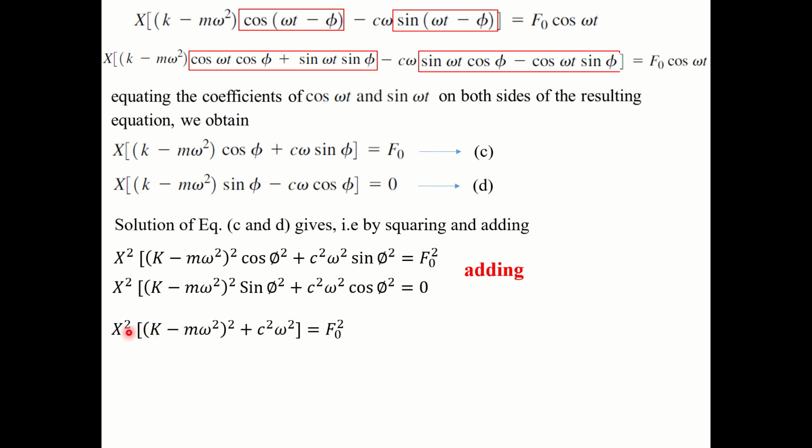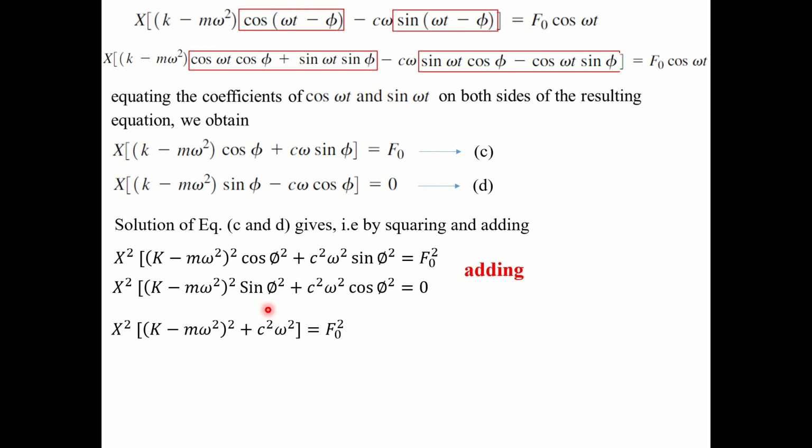Now you see, same thing with this side. This term is common, only cos square plus sin square, so when we add both of them it will become 1. So the remaining terms are both constants. You keep this one term, and here f naught square will remain the same. So f naught square plus 0, f naught square. So this is the final equation when I square and add these two equations. First square them, and the squaring will be like this. When I add them, I will get this equation, because cos square plus sin square is equal to 1.